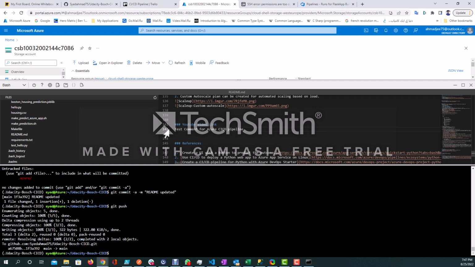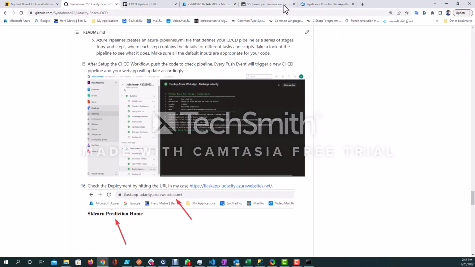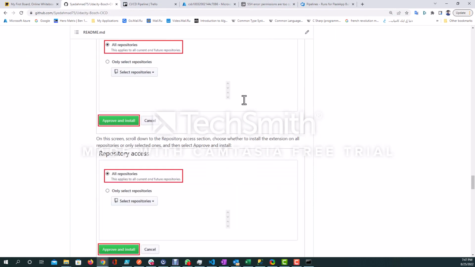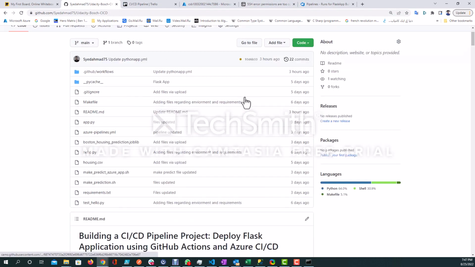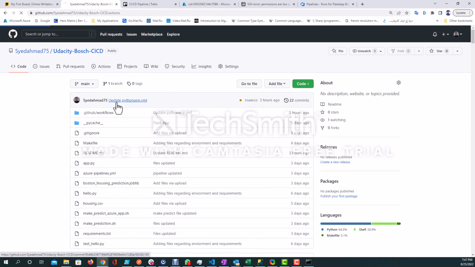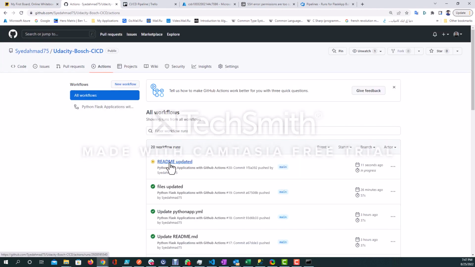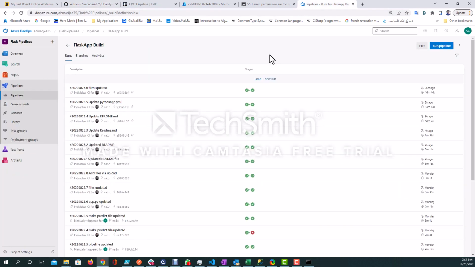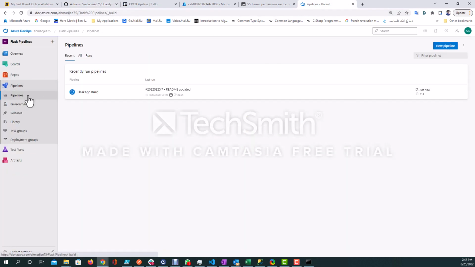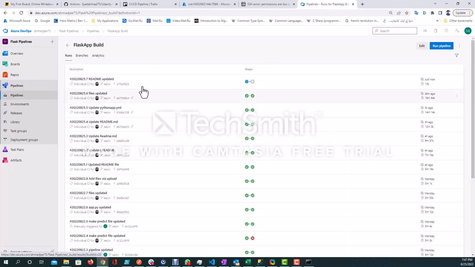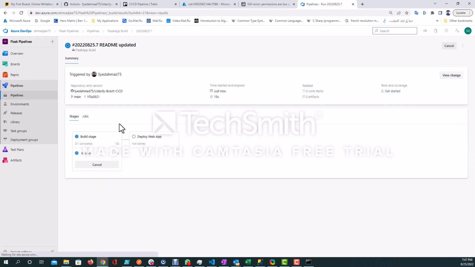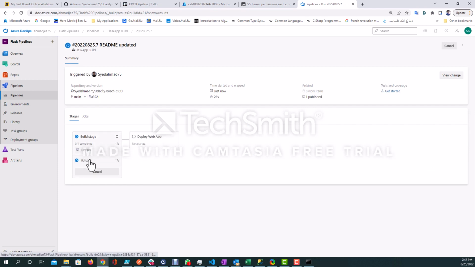So again you can see in the Actions tab a new GitHub Actions workflow is triggered. Also in the Azure pipeline, you can see that there is a new pipeline which is triggered. So first, yeah, you see the artifact is created,